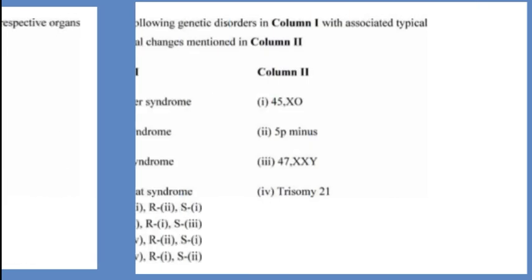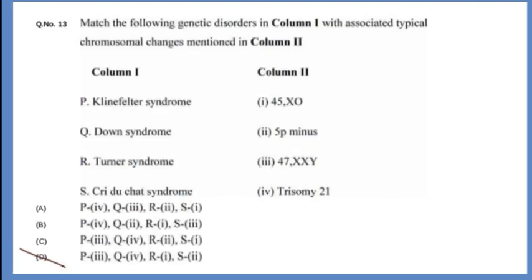Moving to the next question: match the following genetic disorders in column first with the associated typical chromosomal changes mentioned in column second. The favorite question of the exam set. Multiple times, questions are asked on these genetic disorders. The first,